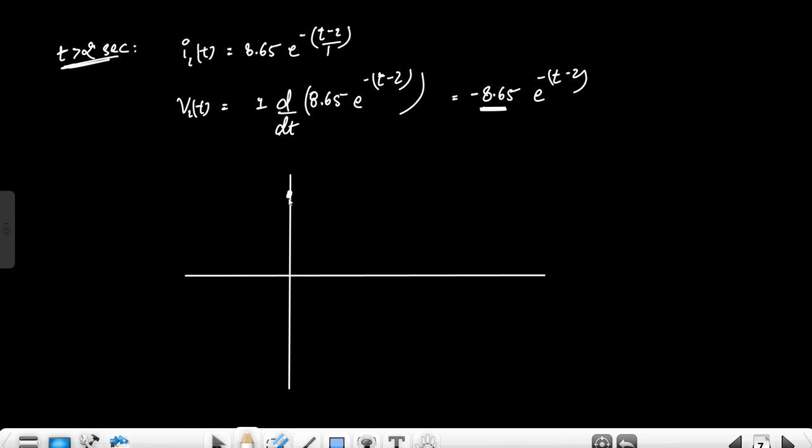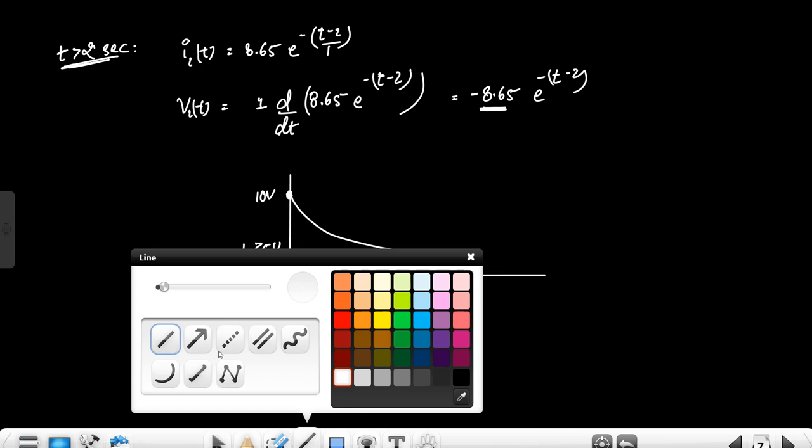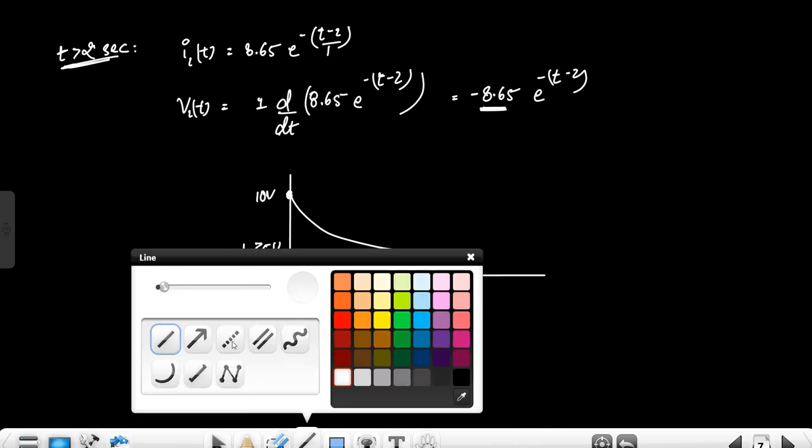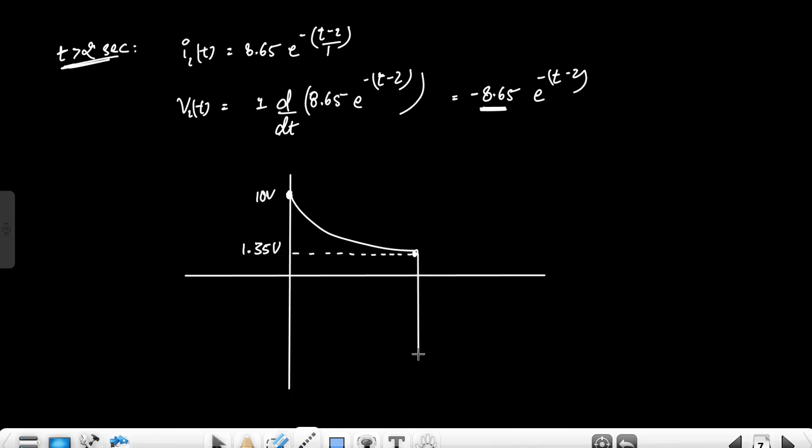यहाँ पर was 10 volt, 10 volt से it has discharged to this value that is 1.35 volts। और उसके बाद यहाँ पर दिस इज द डिसकंटिन्यूटी, यहाँ पर इस तरह से वेवफॉर्म डिसकंटिन्यूस हुआ, वो भी -8.65 तक। दिस वैल्यू इज -8.65 माइनस ऑफ 8.65 वोल्ट, और उसके बाद इट विल फाइनली टर्मिनेट 0 वोल्ट,